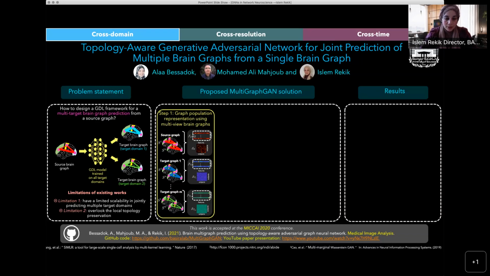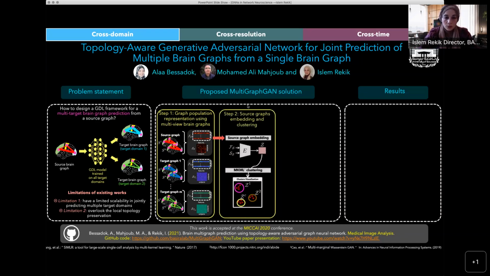We construct what we call a feature matrix. For each node, we extract a feature vector that depends on its connectivity. So we have all these subjects represented by features. And then we also define a subject-to-subject similarity matrix that will enable us to create a graph of the population in the source domain. And we do this basically for every single domain: the source one, target domain 1, target domain M, etc.